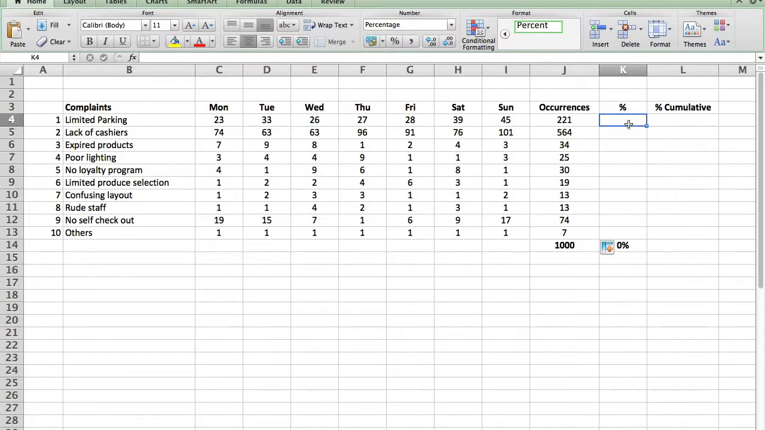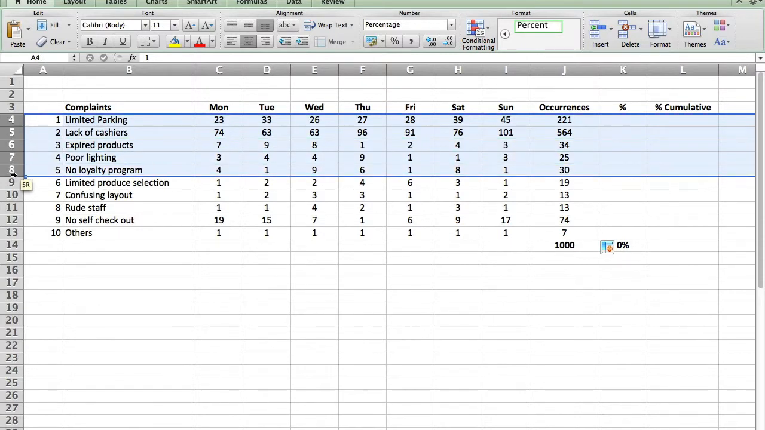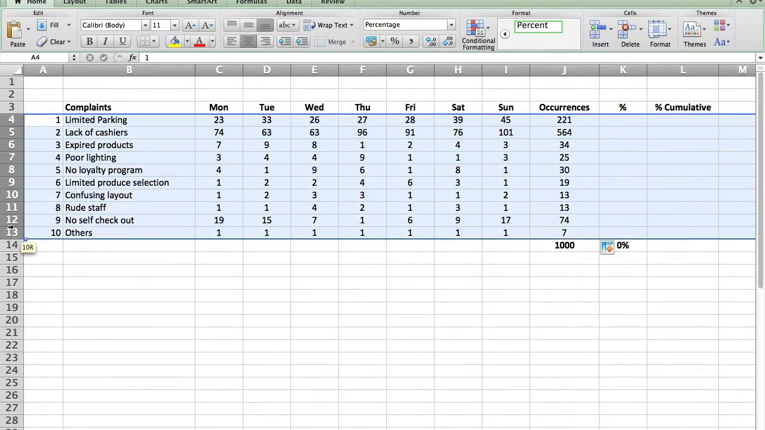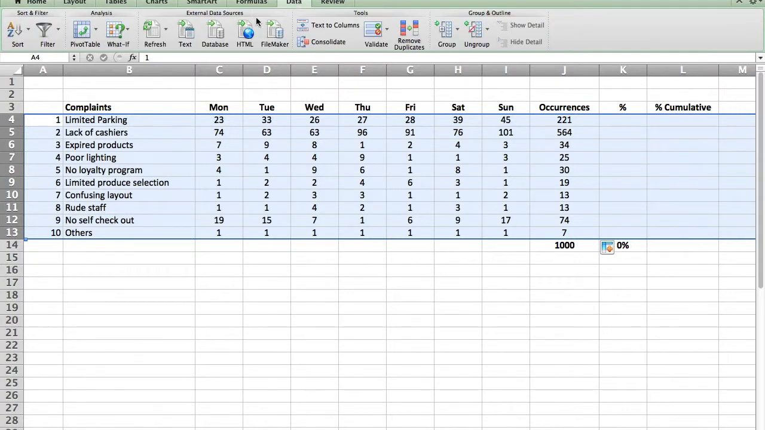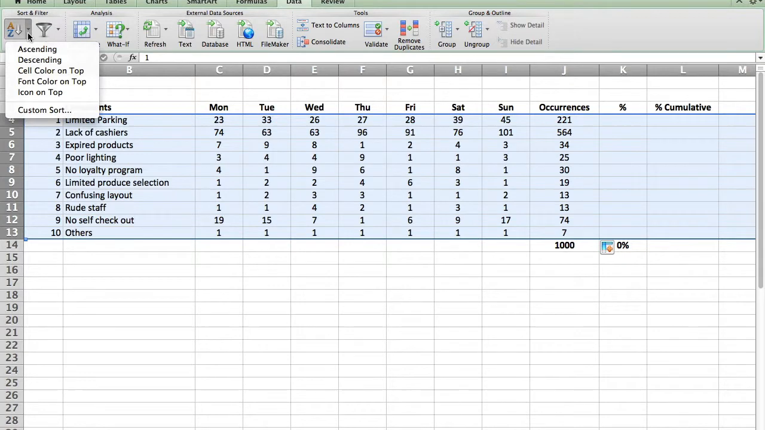Great. So the next step, and this is important so we can actually create the Pareto effect on the chart, on a regular chart in Excel, we need to sort the 10 complaints based on column J, total occurrences, from the largest to the smallest. So I'm going to simply highlight the rows of my 10 complaints, and through the menu Data and the option Sort, I need to go into Custom Sort here,